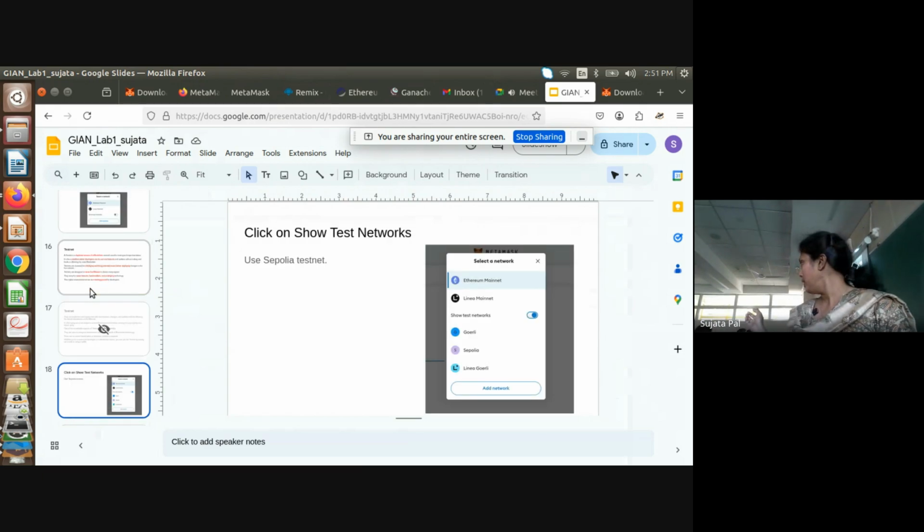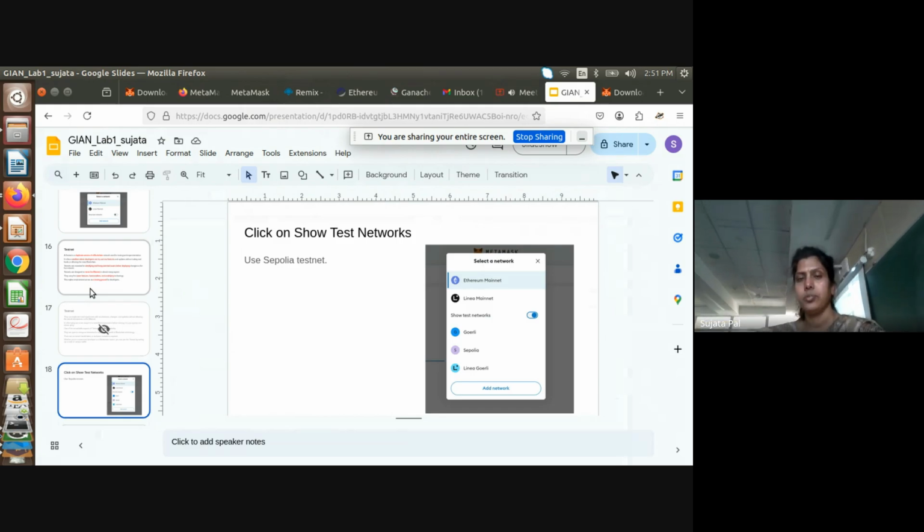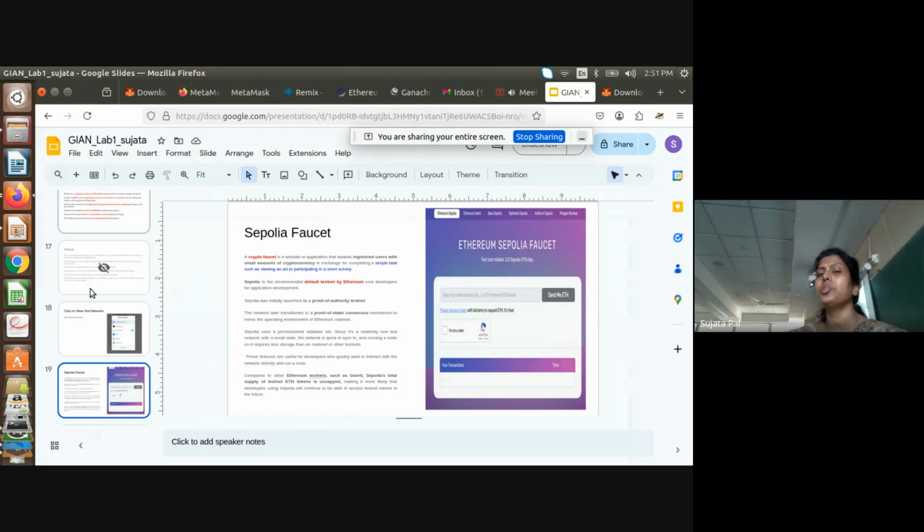So next is Sepolia. You have chosen it, everybody, yes or no? Use the Sepolia testnet here and then go to the Sepolia faucet. Then screen share.